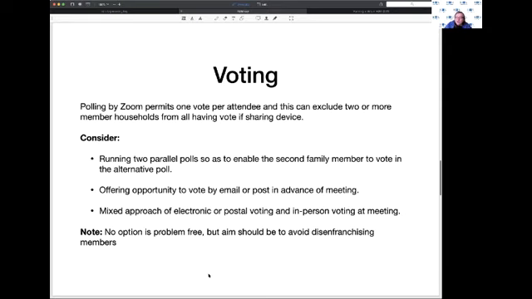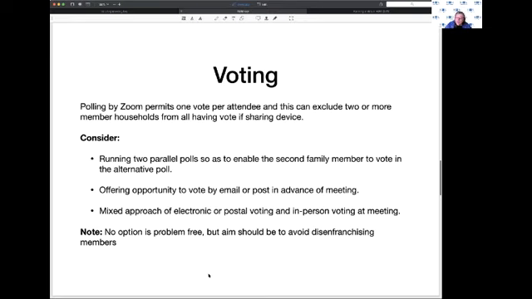And that works fine if you're looking at people who can access Zoom or whatever other application you may be using over the internet. But there are a fair number of people around who have not got internet access. Some of them may be attending by telephone but would not have access to the polling tool. And it might be that you want to consider whether you offer the opportunity to vote by email or post in advance of the meeting rather than voting at the meeting.